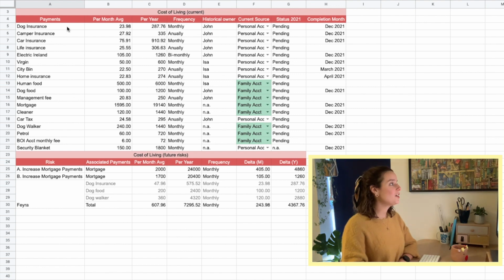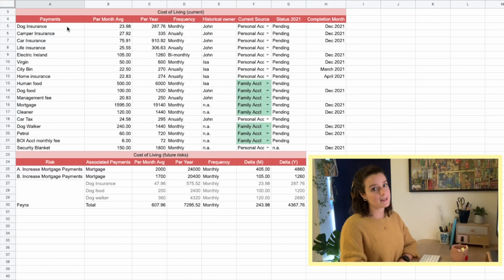So if you see here, it's a bit messy because we added in as we thought of things. And this is how it should be if you want to do this quick and easy. You shouldn't be trying to organize everything to the last detail in alphabetical order and whatnot. So basically, as we went through our bank statements and we thought of other things that we pay for on a monthly basis, we added in either the value per month or the value per year in the frequency that